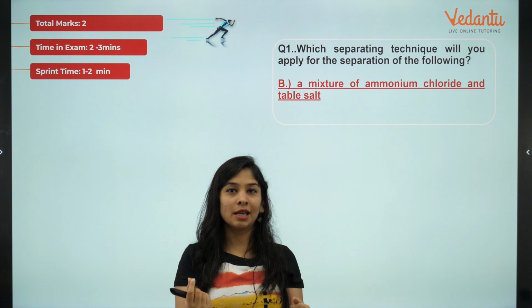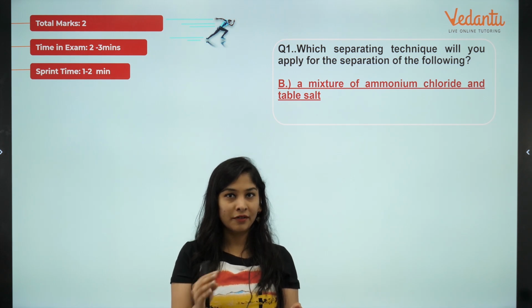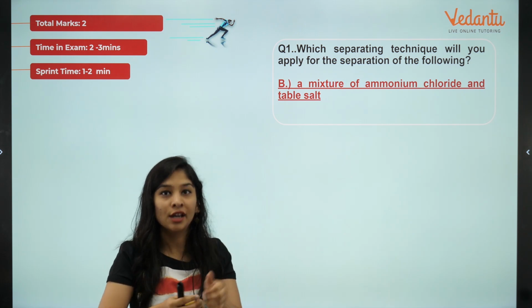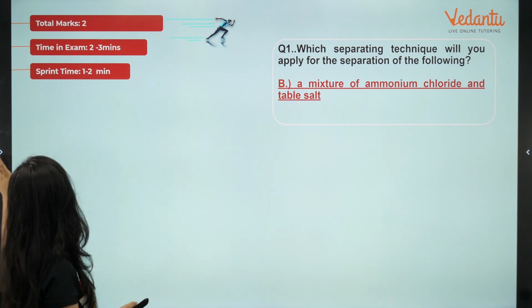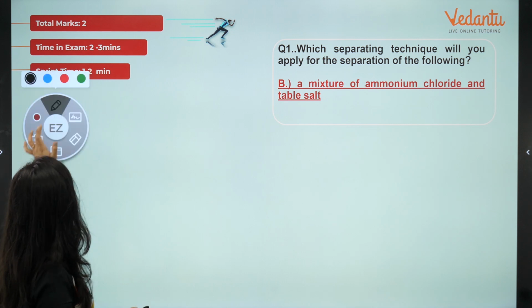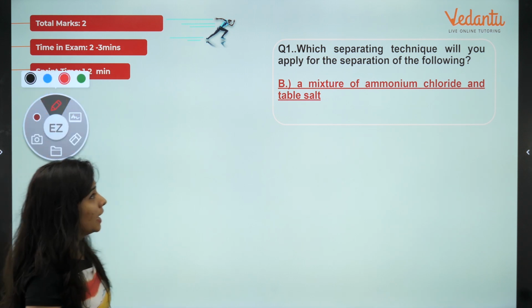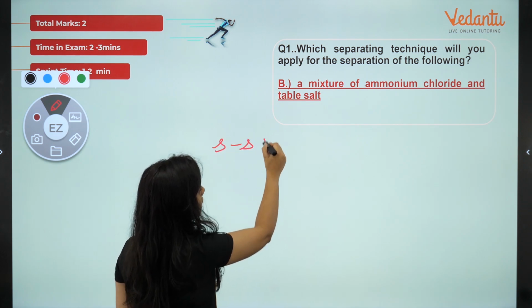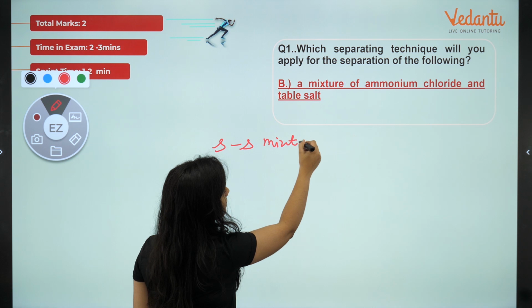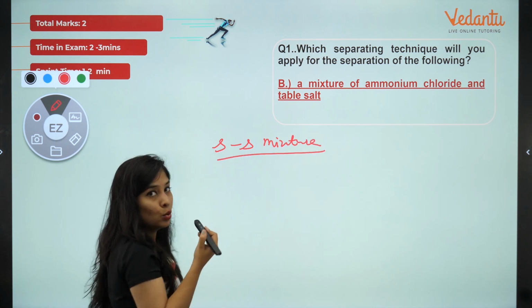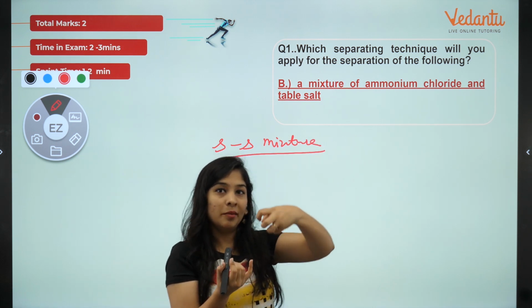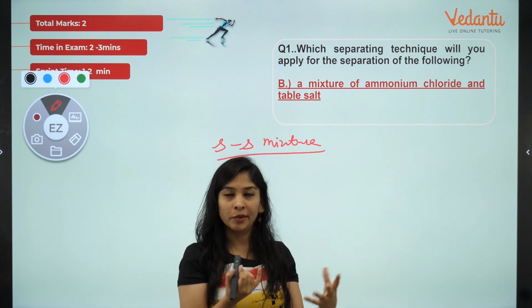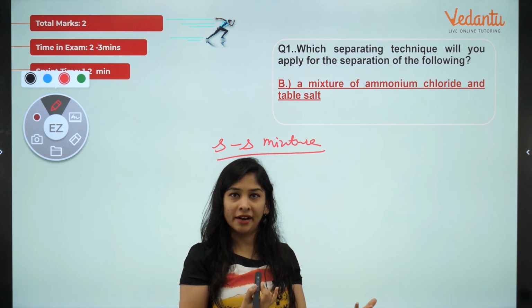And second thing is table salt sodium chloride, which is not sublimable at all. So that is a mixture of two different solid. कौन सा mixture है? Two different solid का mixture है that you have to separate out. Fine. And how you separate out? Because in this two mixture, solid mixture, one substance is sublimable. So we can use a technique in which sublimation substance is going to evaporate, and we can collect it into some another funnel or any other apparatus.